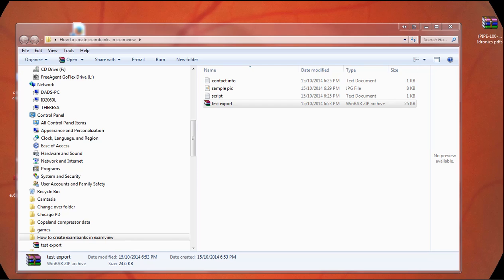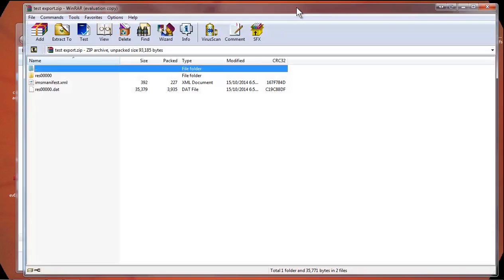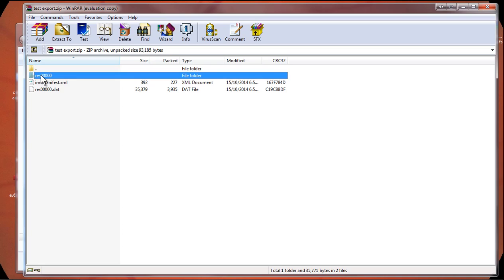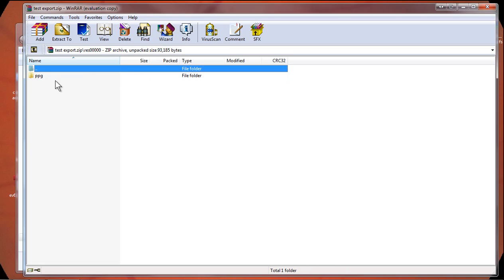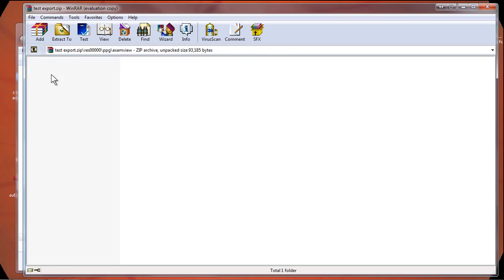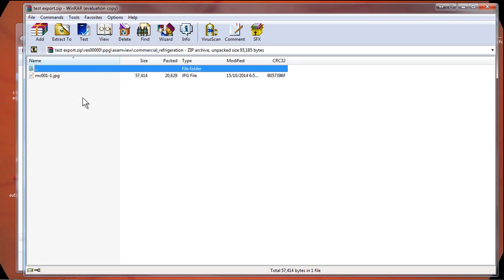So if I open that up, this is my zip file archiver, and this is what it looks like in there. It's all kind of Greek to me. When you look at it, you can't really recognize the files, but this is the folder in which the picture has been saved. But don't worry about rearranging any of this, but notice that this is the name of the picture file,